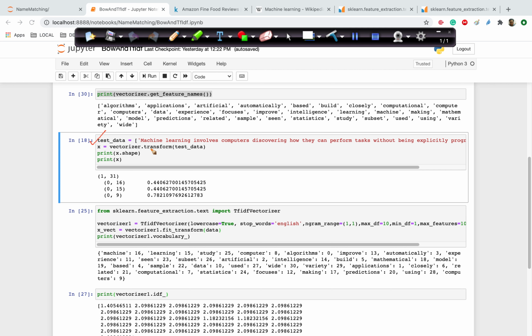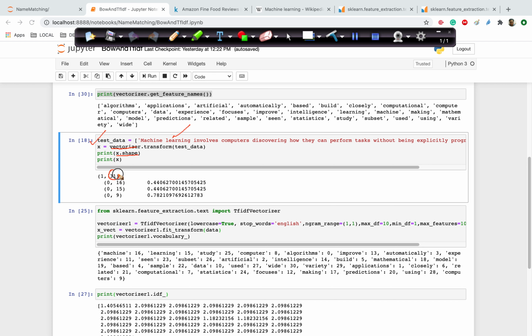We will pass that list to the vectorizer, and here we will not use fit_transform, because fit_transform should be called only once, while training. Once the vectorizer has been fit, we will only use transform, because we just have to transform this particular query. We don't have to fit the vectorizer, we did that when we were training. Now we print the shape. X.shape will print the number of rows and columns.